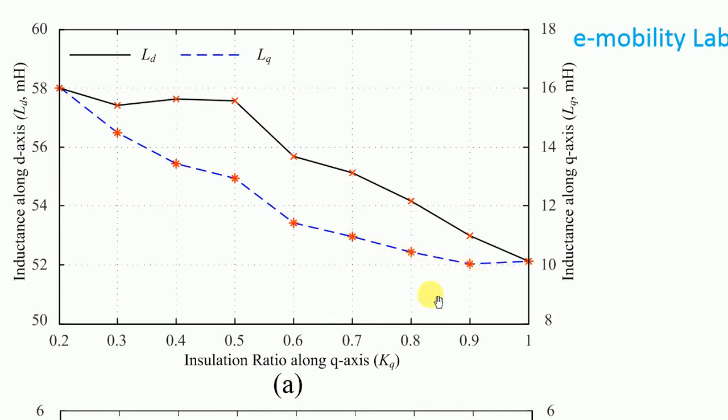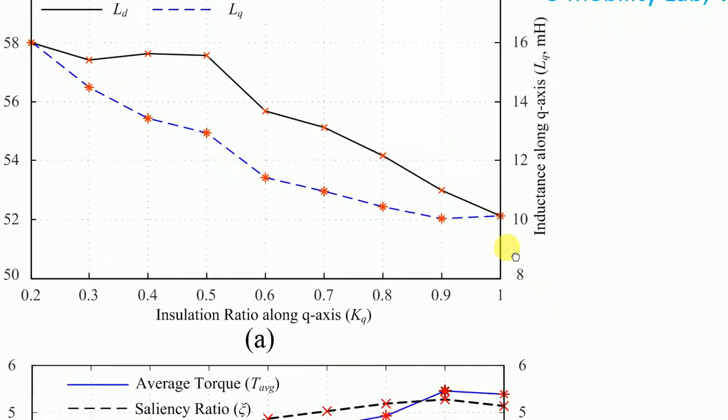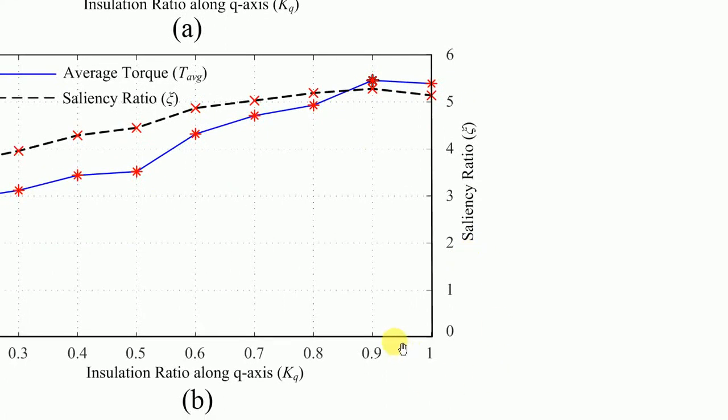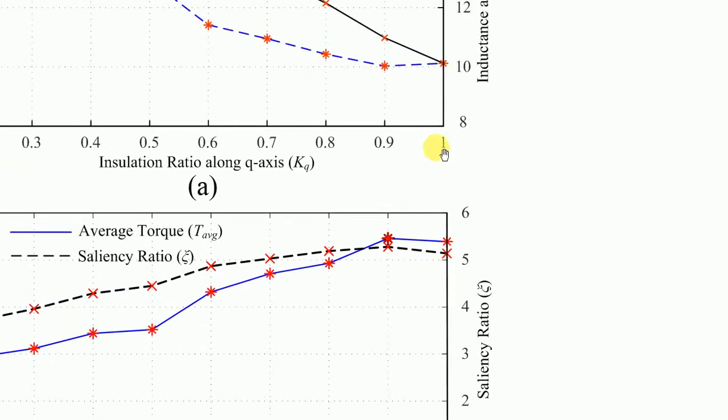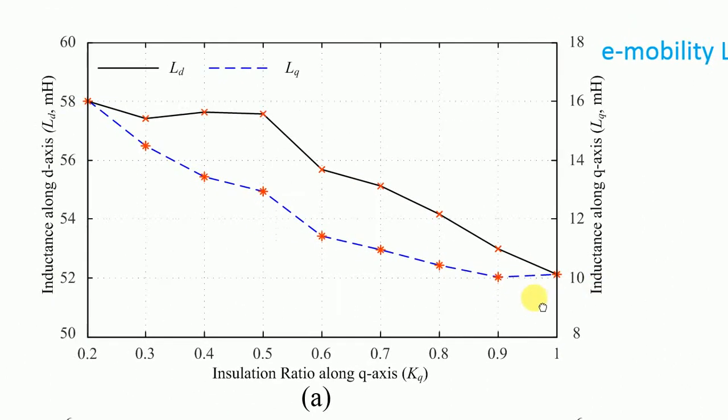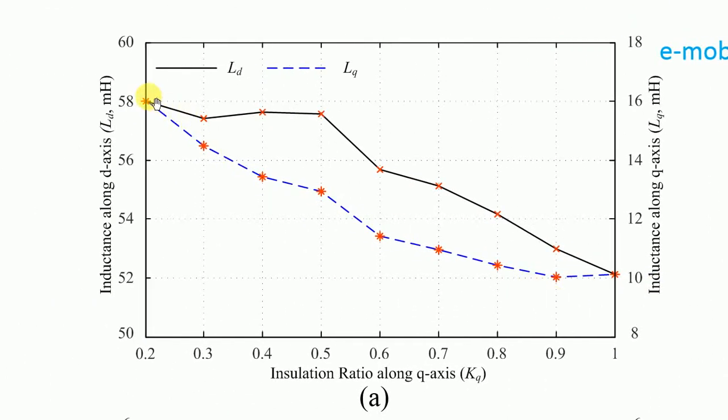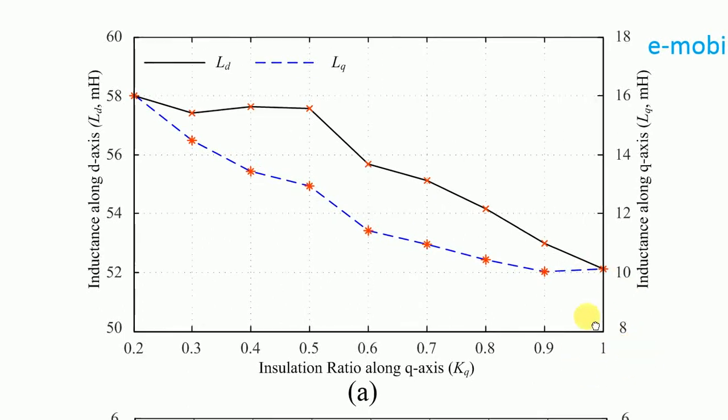If you further increase air gap, what is going to happen? Again the flux linkage in the rotor will decrease, because increase in air gap means we are decreasing the iron part of the machine. So you can see here, if you further increase the air gap, the torque is going to reduce, because there is a drop in LD. You can see it drops from 58 to around 52 for saliency ratio 1.